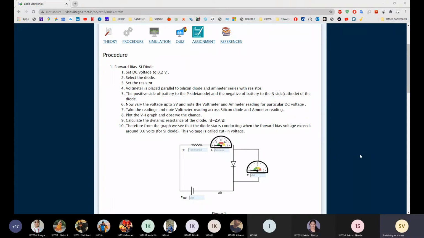Simultaneously, you can open this site on your mobile, students, so that along with me you can also perform the experiment, and later on you can complete the quiz and assignment.